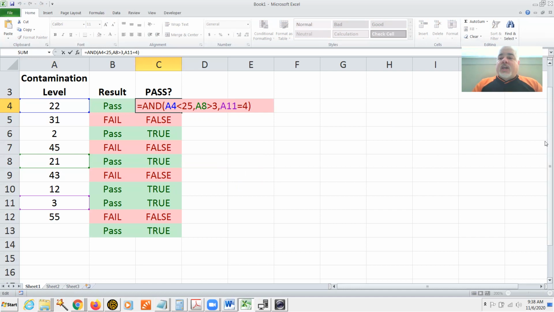Maybe you're going to test, to keep to the contamination level test, and one of the questions that you might ask, was our machine number 1 clean all month? And so you could use an AND function that tests,